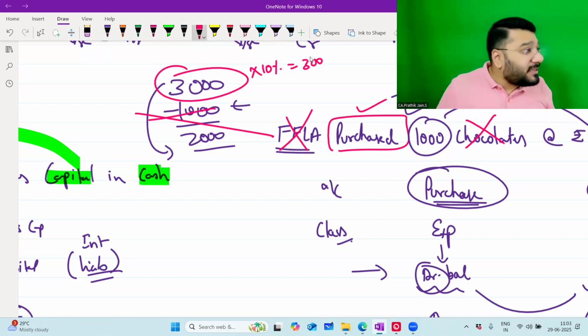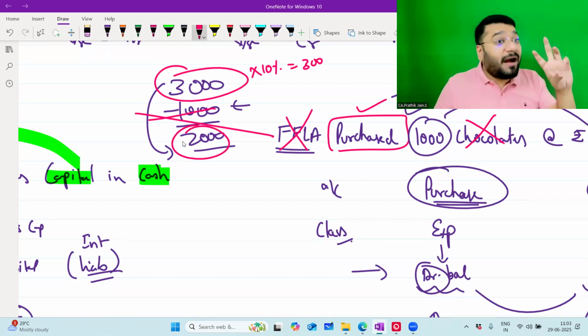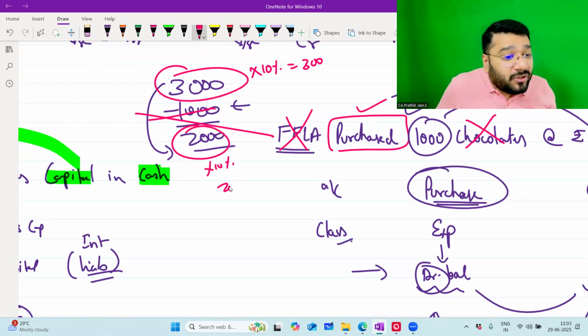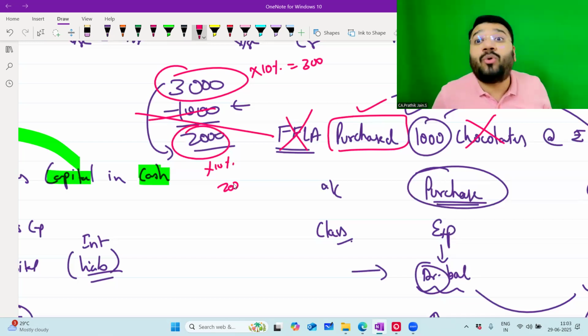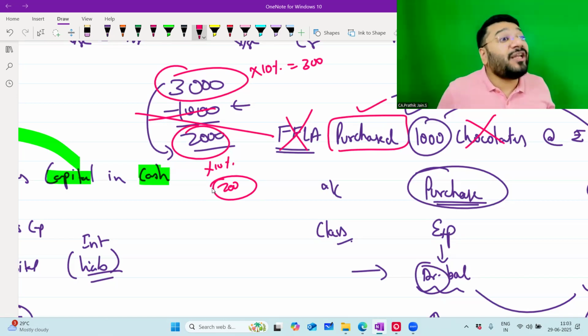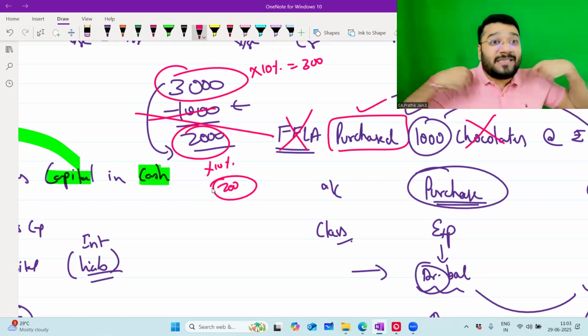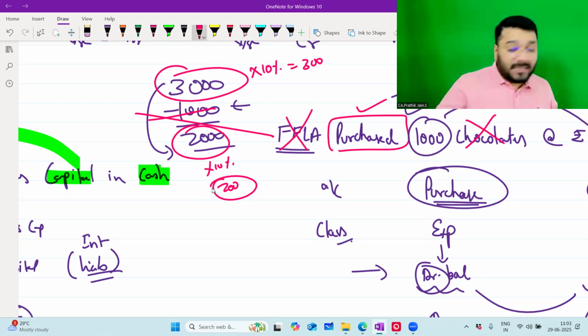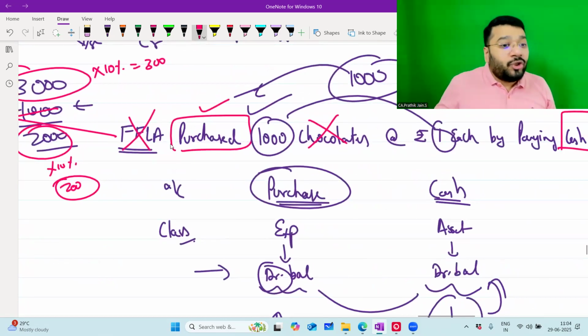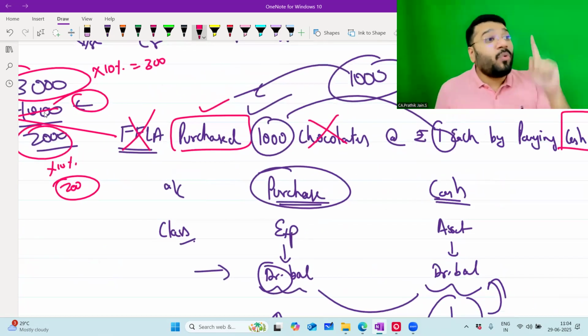On the other hand, if the income tax department says that on your net income, after minusing your expenses, the 10% is how much? 2,000. Will you be happy to pay 300 or 200? 200. Which means you're happy if you're getting a deduction in your business in the form of expenses. Business people are very happy when they record expenses because expenses help them reduce their profit, thereby reducing their taxes. So is expense good or bad for the business? Good for the business.